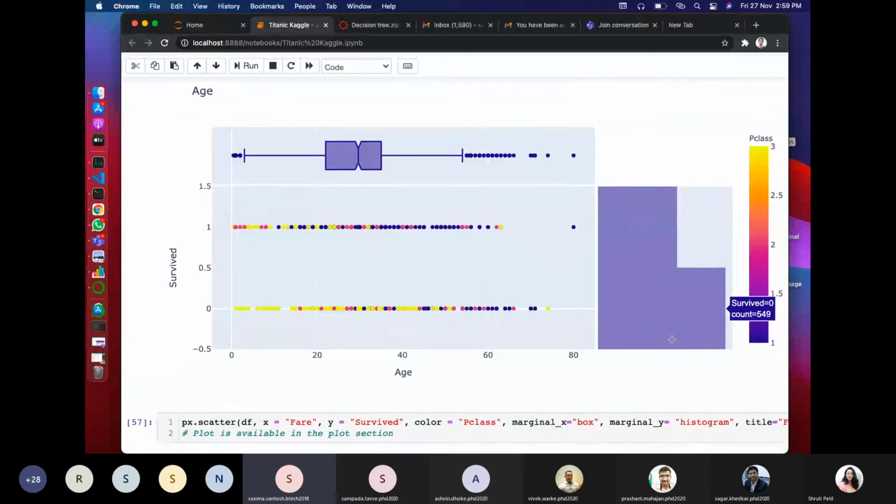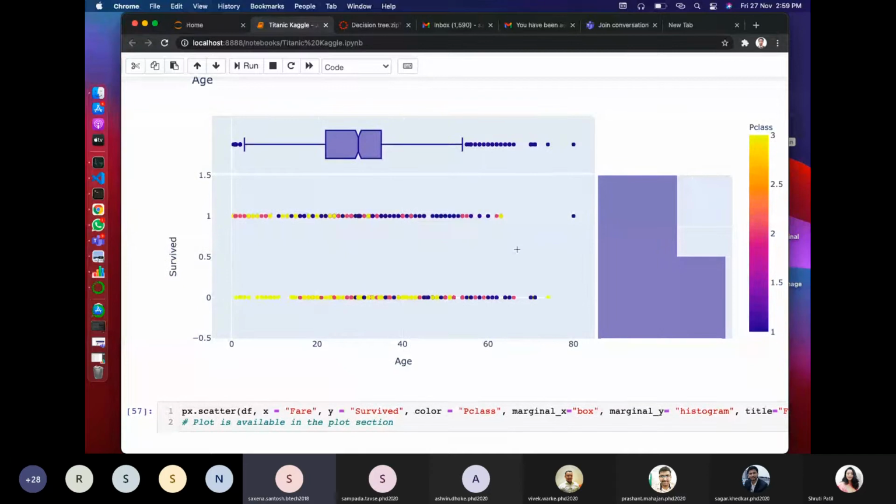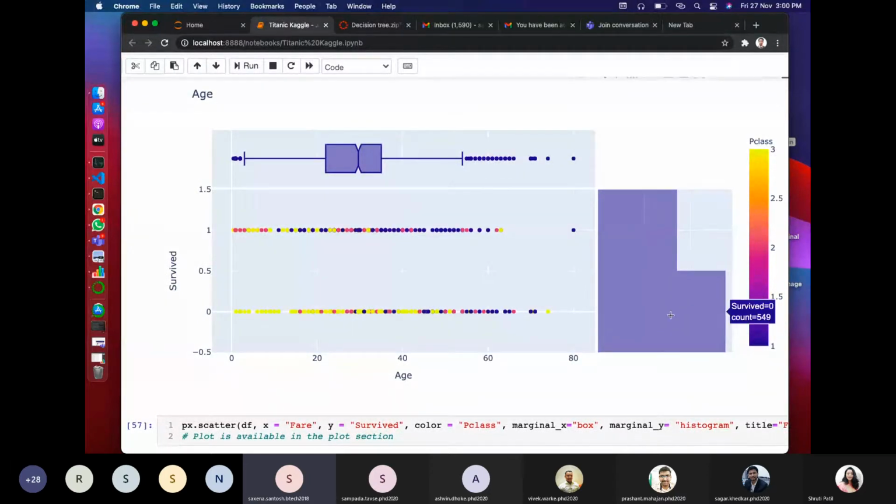As you can see, there are 549 counts which is not survived, and 340 counts which is survived. So we have this sort of data set which is quite balanced, so we can do it further. Otherwise we have to sample this. If the number of survived people is less than the number of dead people, we need to sample this.